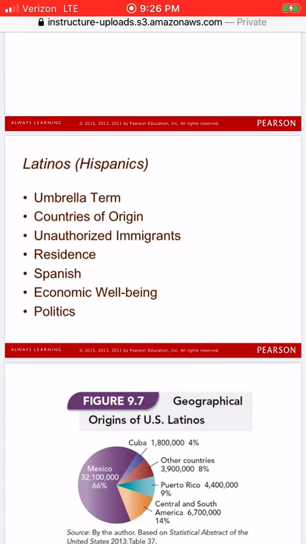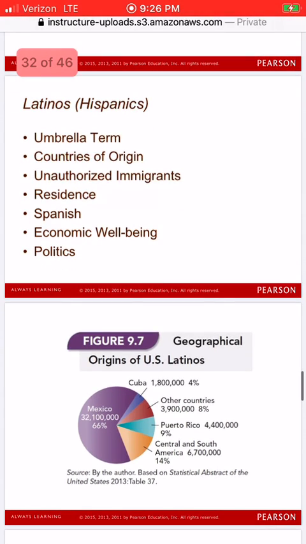So this can include Mexico, Central America, South America, and even the islands of the Caribbean. There are high birth rates and immigration rates among Latinos. They are one of the fastest growing minorities in the United States. So when you look at that geographical breakdown in figure 9.7, we can see how in the early 21st century, Latinos overtook African Americans as one of America's largest minority groups. So by the time you're nearing retirement, maybe about the year 2050, it's predicted that nearly 1 out of every 4 Americans will be Latino.